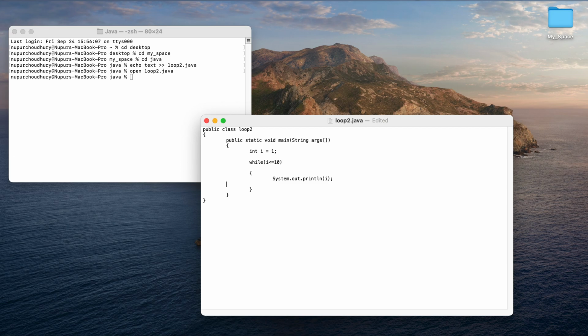After this I have to update my expression, that means the value of i needs to be updated: i plus plus. This is the update statement, updating the expression.